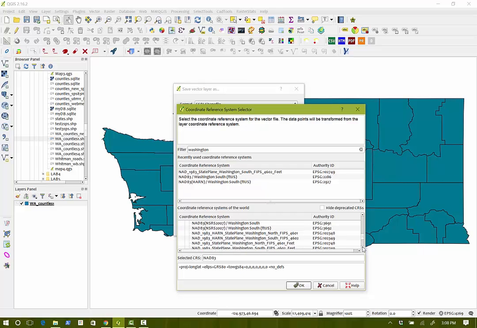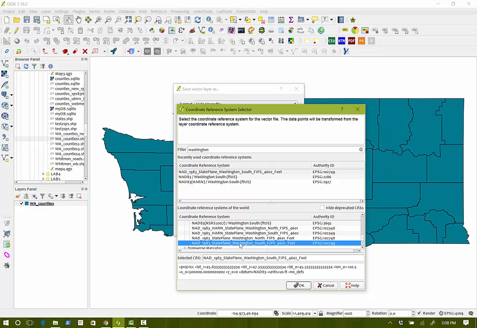There are actually a couple that will work here that are NAD83 Washington State Plane South, but here's the first one I came to. So I will say set. You'll notice too, down at the very bottom in this box, it gives you all the information about this projection that you could possibly want to know or not know. But one thing that is in here, you might notice that it says that the units are US feet. That comes into play later on when you're answering the questions. So I say OK here,